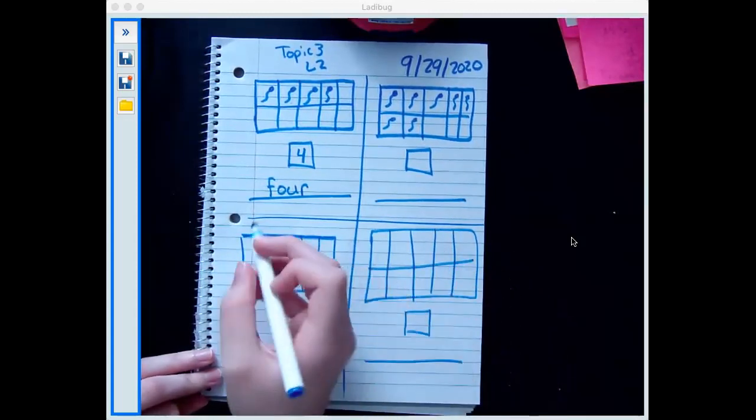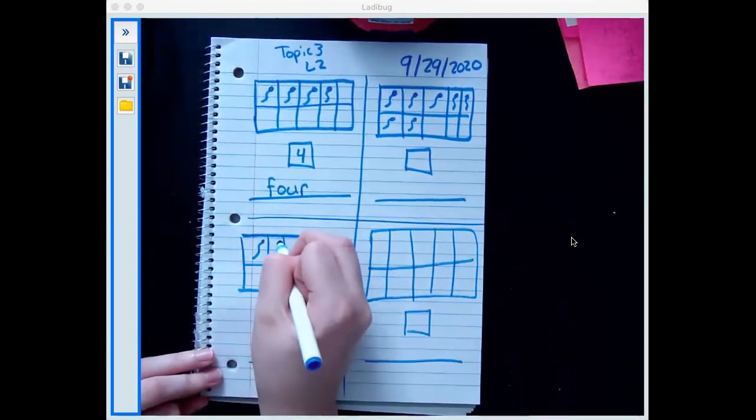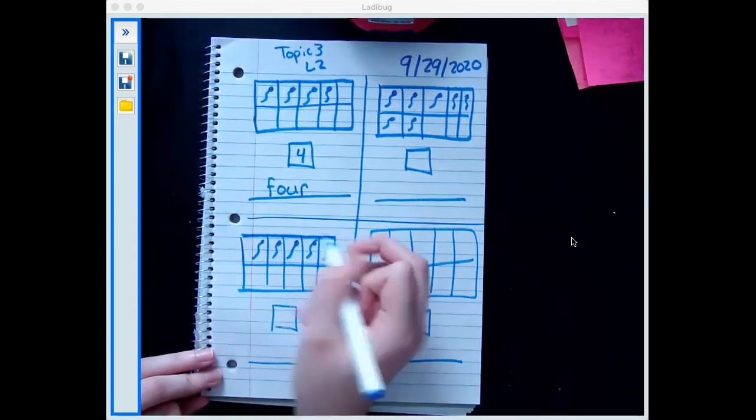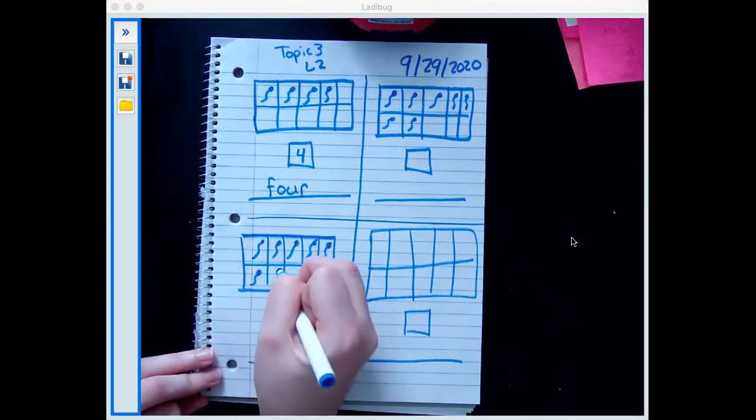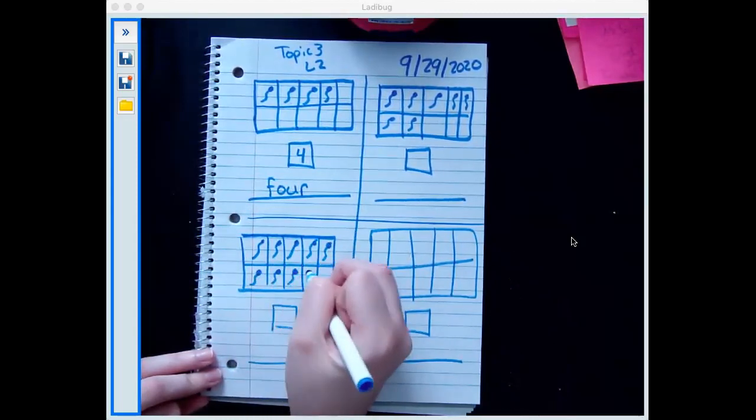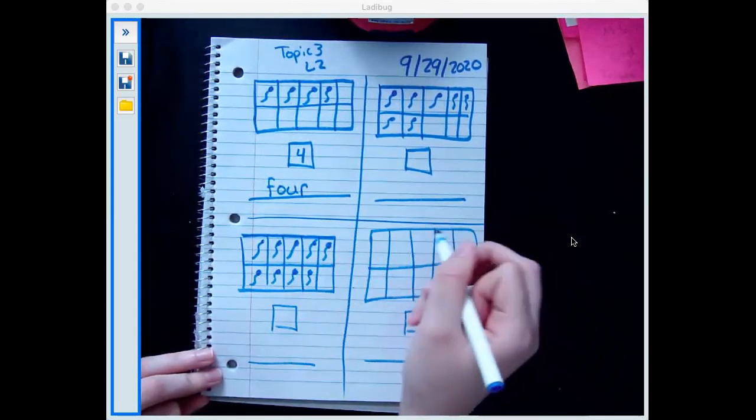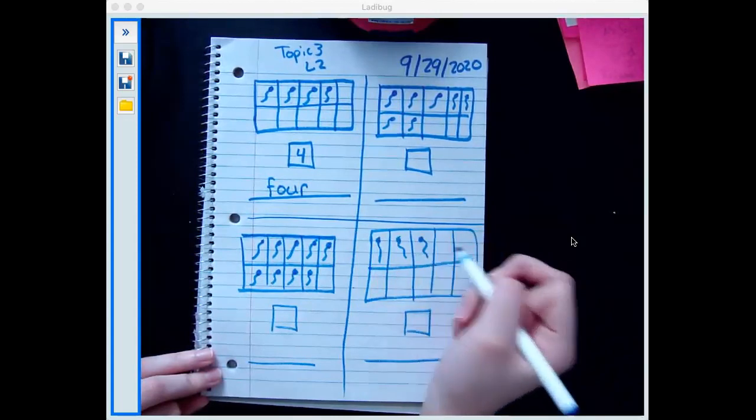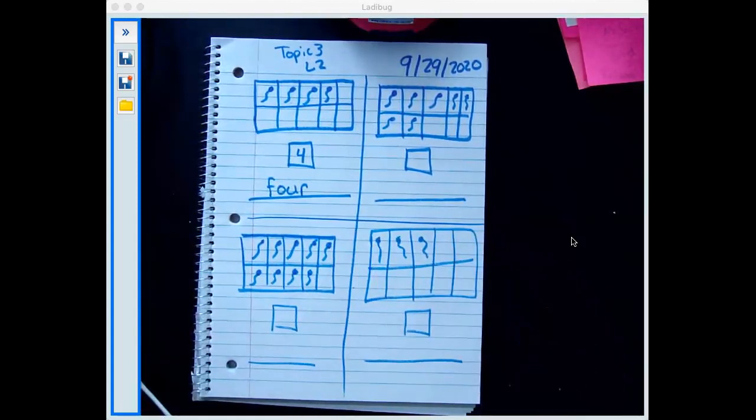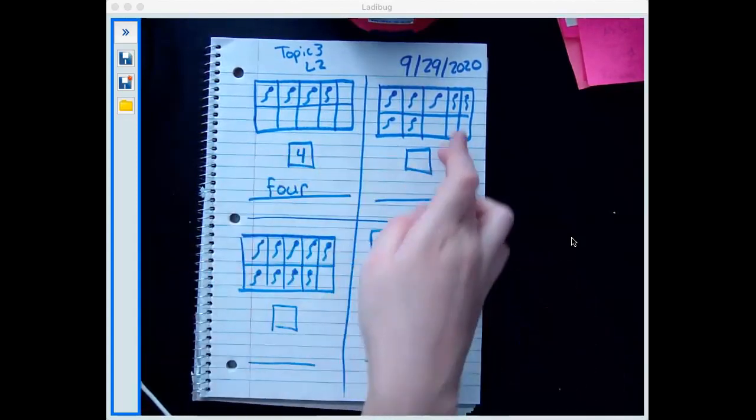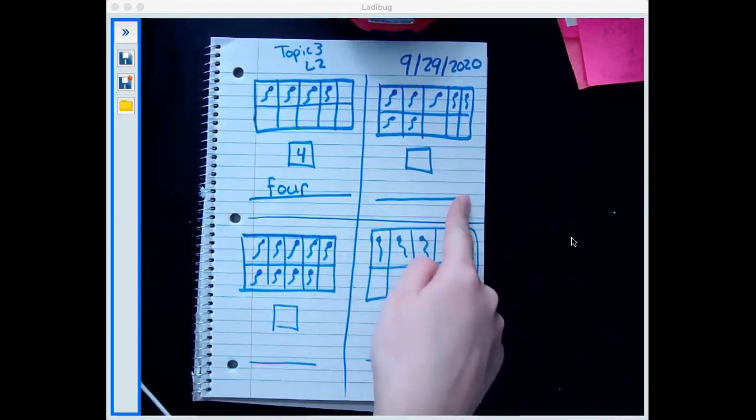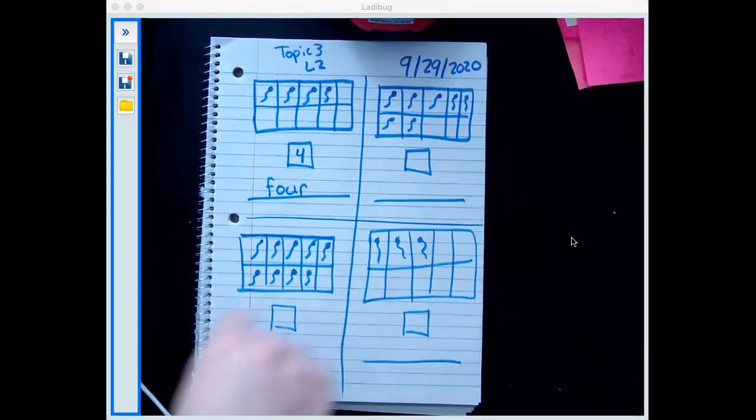Okay, so there we go. So I'm going to go ahead and draw the other ones, and then that's all you're going to be doing. So you need to figure out how many gummy worms do I have, what number it is, and then write the number out in word form. And you're going to be doing that for the other 3